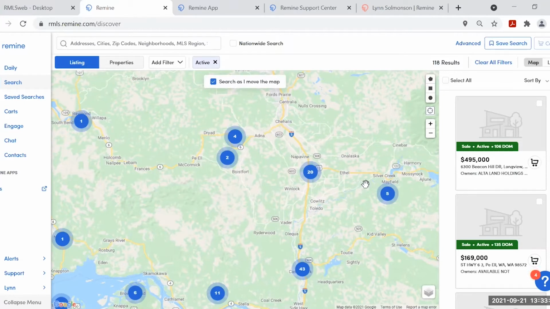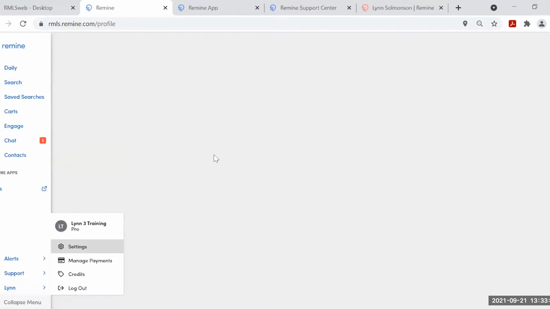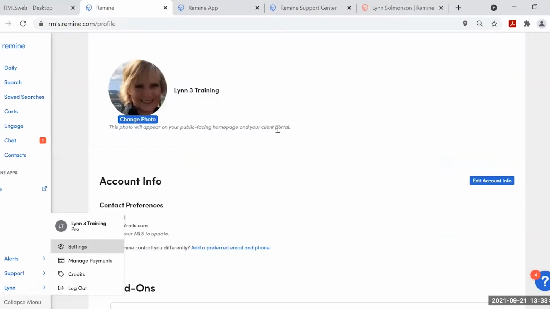When you first get into Remine, what I would advise is going way down to the bottom left, and it will have your name when you have logged into Remine. I would recommend clicking on your name, and clicking on Settings. There are other aspects of Remine, and one of those aspects that we'll visit briefly today as well is you can invite clients to Remine.